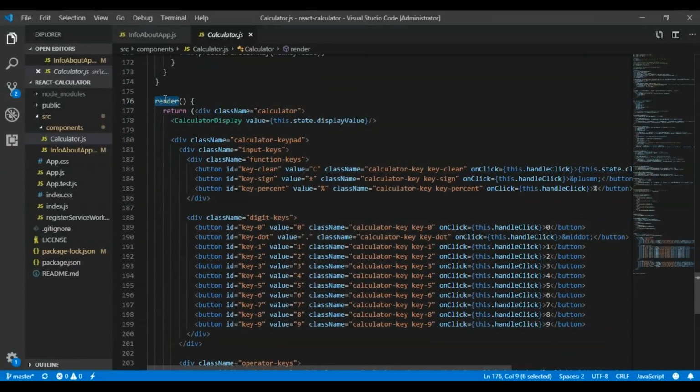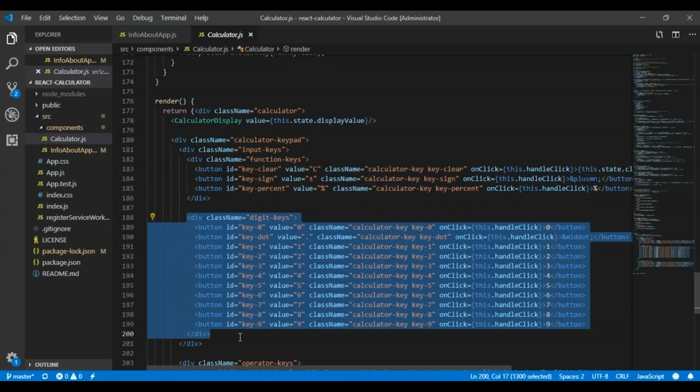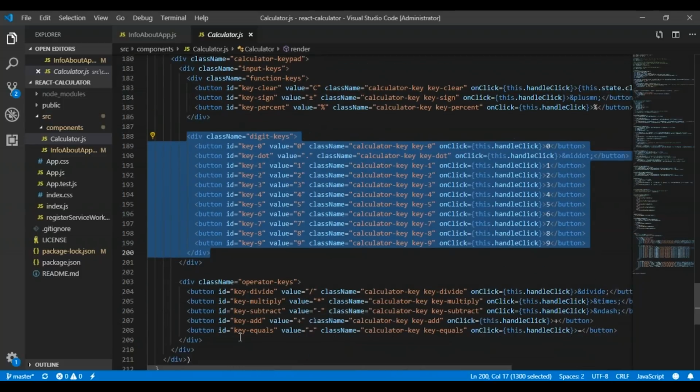Now the render method. In the render method, you can see that again in the Calculator subcomponent, a subcomponent called CalculatorDisplay is used. CalculatorDisplay is another component, but in the render method you can see the complete HTML is written to show you the fields, or the controls, on the calculator.